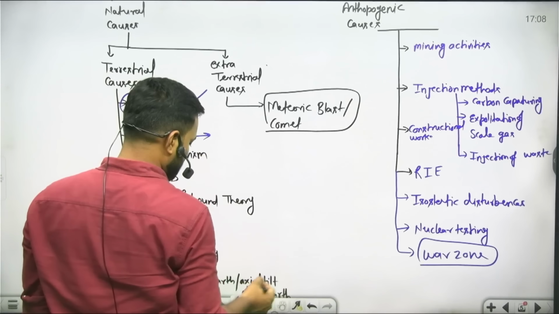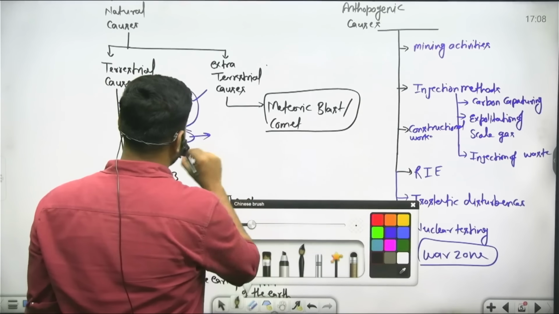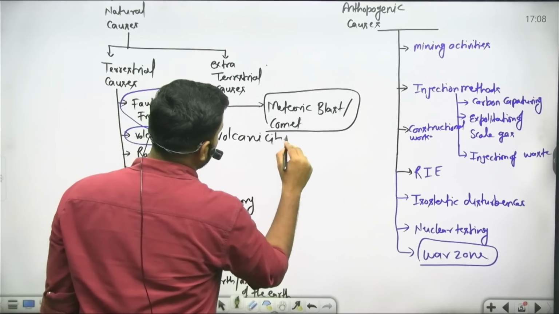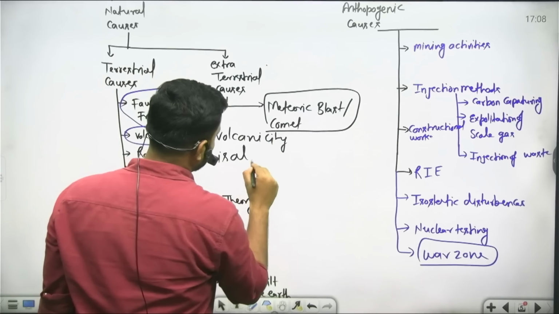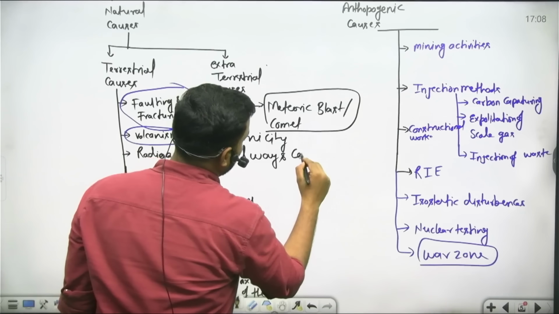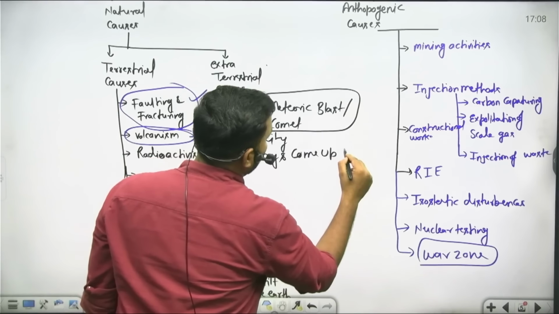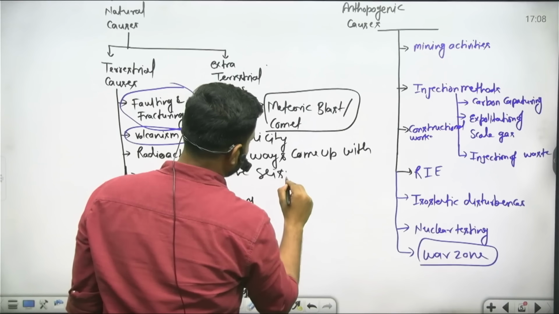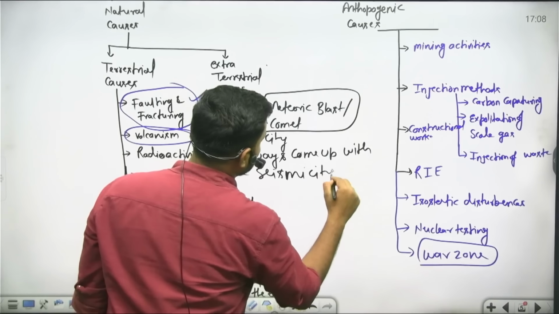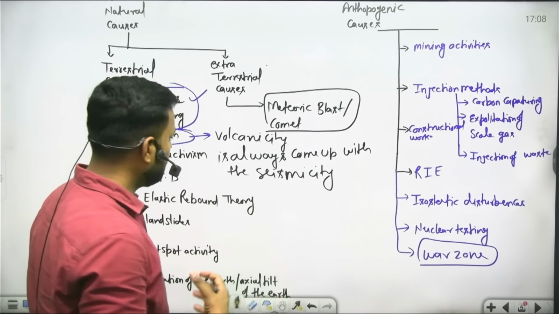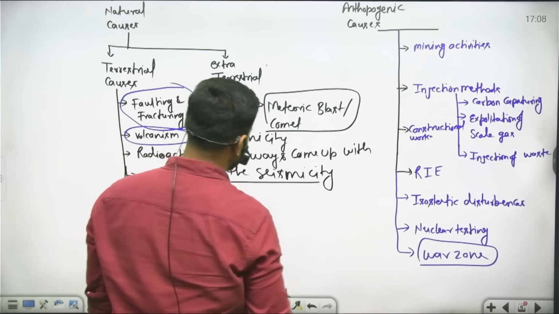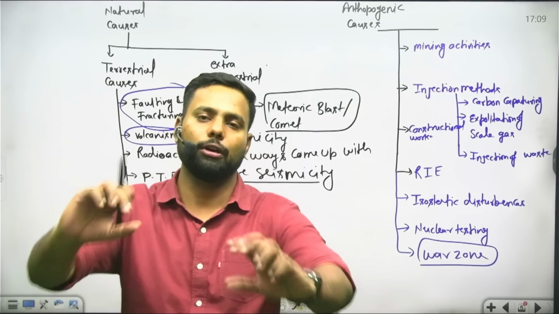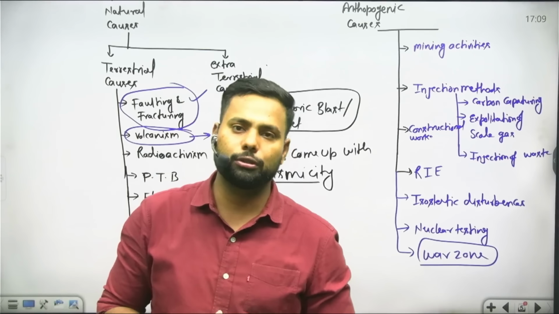Why? Because volcanicity is always come up with the seismicity. Seismicity means the study of earthquake or the study of tremors or shaking. तो वल्केनिसिटी इज ऑलवेज कम विद द सिस्मिसिटी, मतलब जब भी वल्केनो आएगा तो वो बहुत सारा ट्रिमोर्स, वाइब्रेशन, शेकिंग